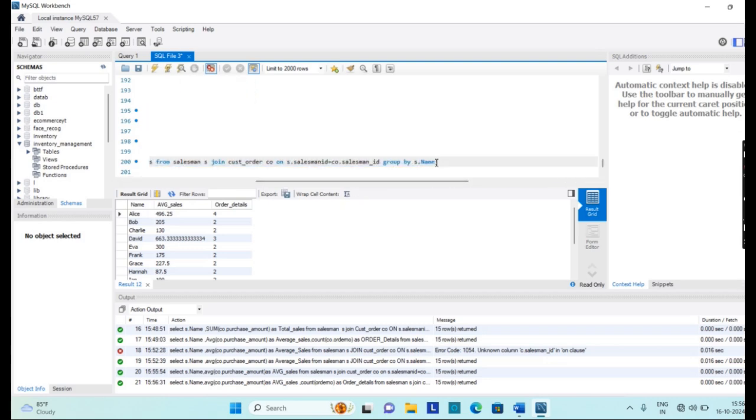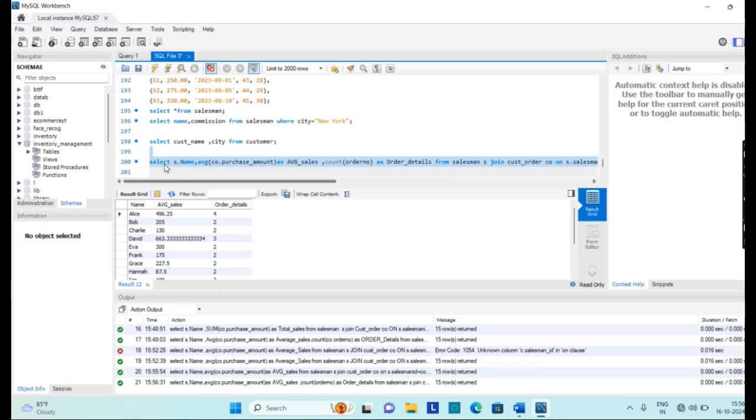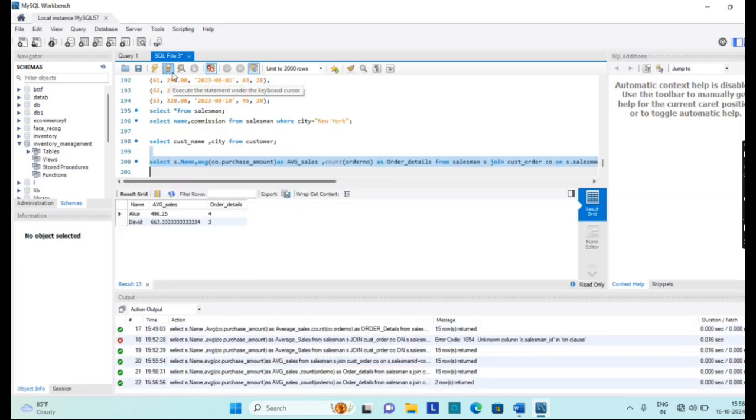So to satisfy this condition, after group by we will write a having clause. Having, what we need, count of order number should be greater than 2. When I write this and run this, you come to know that Alice and David are the salesmen who have 4 and 3 orders respectively with them.